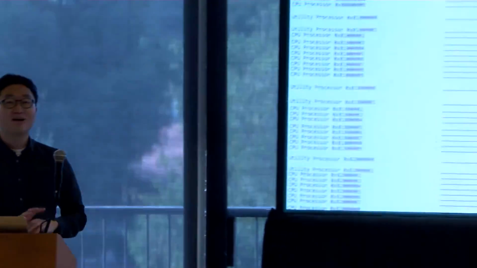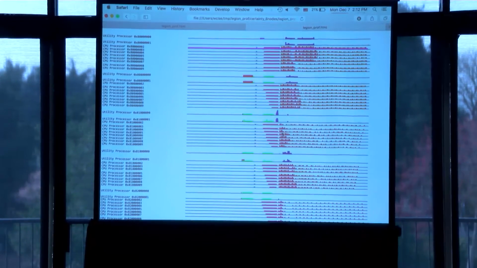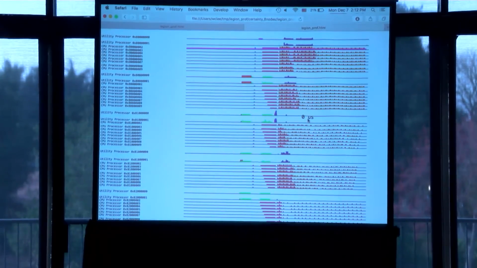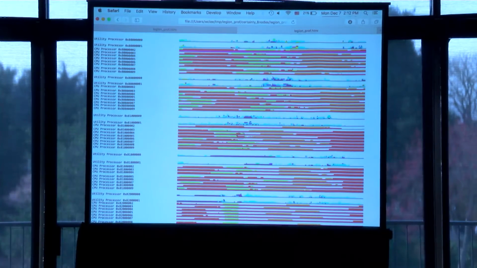You mean the Legion Prof or Legion Spy? The profiler. So for Legion Prof, this timeline implements some nice tricks to hide much of the information when the zoom level is too high, and it will only show the smaller boxes when you zoom in like this. So you will start seeing some of the blocks when you zoom in. I'm not talking about